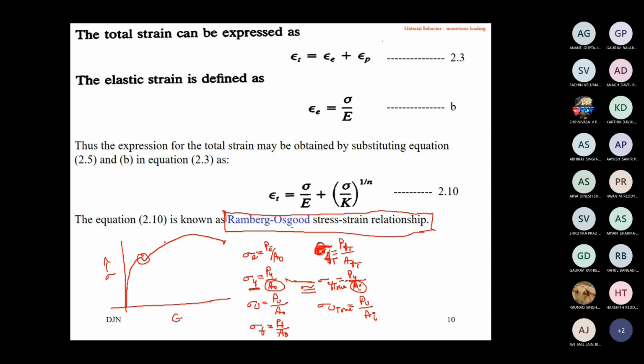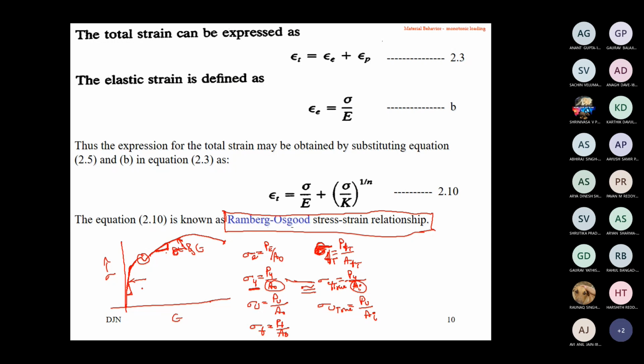Then we want to obtain certain parameters. How can Young's modulus be determined? We will take the slope of this particular curve. You should not take the slope somewhere here where there is non-linearity. If you take the slope at this particular point for this curve, then you will find the stress and strain relationship, how sigma and strain are related for this curve, which is observed to be non-linear.